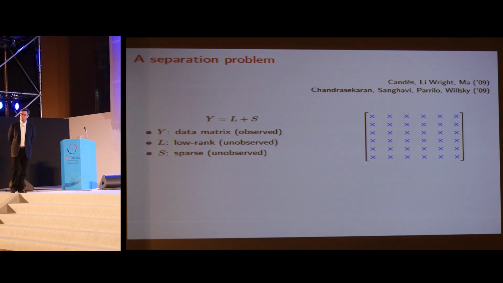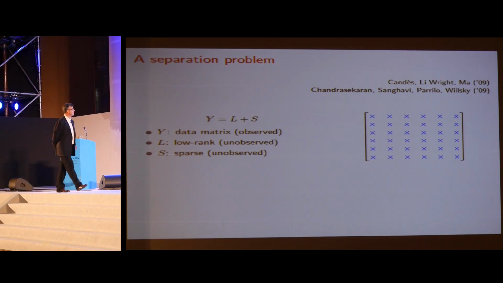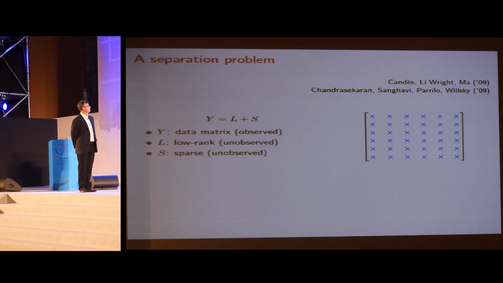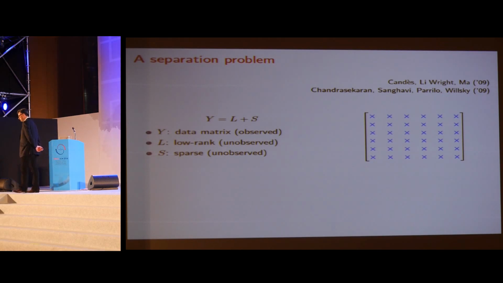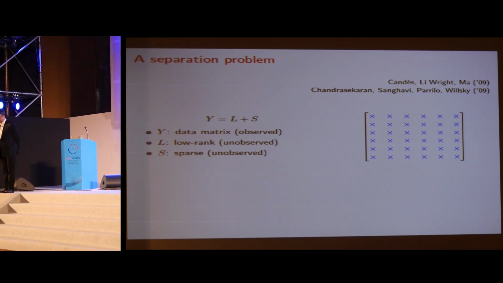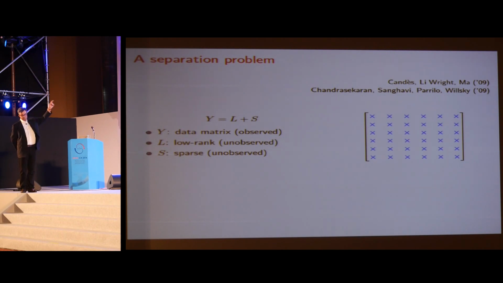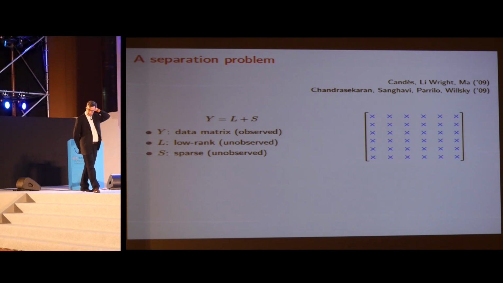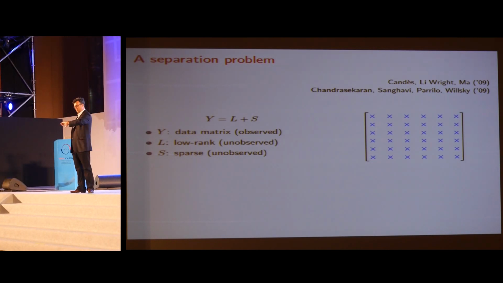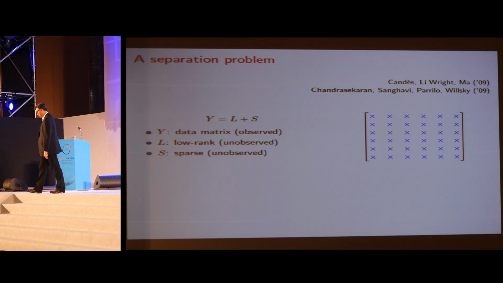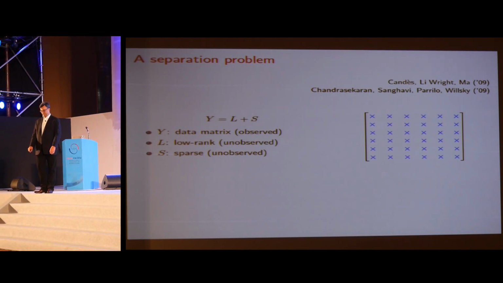Okay, my last example is more fun, and this is my last example in the last 3 minutes. It's motivated by modern problems in data analysis, where I'm seeking to reduce dimensions. So I have a data matrix Y, and this data matrix is the sum of a low-rank matrix and a sparse matrix, but I do not get to see the low-rank component, and I do not get to see the sparse component. I just get to see their sum, Y. And as you can imagine, what I'm going to ask you to do is to find L and to find S. Perform this blind deconvolution.